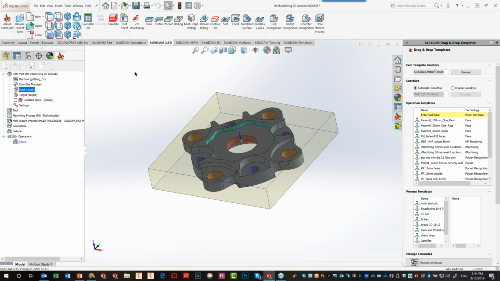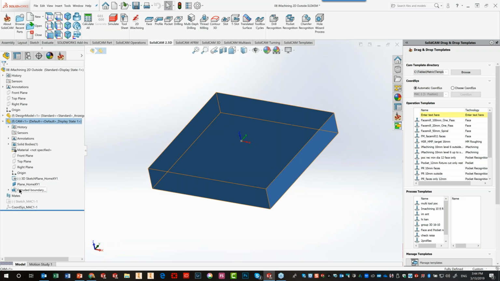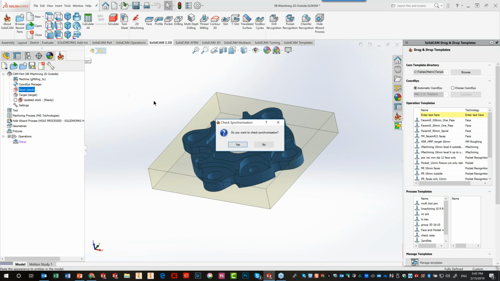Now, where is this located as far as your SolidWorks tree itself? It's inside the CAM area over here. As you can see, we have the extruded boundary over here. Okay. Now, in addition to that,